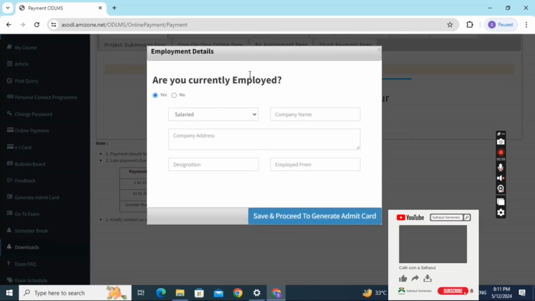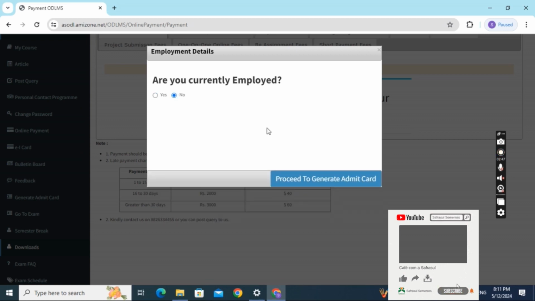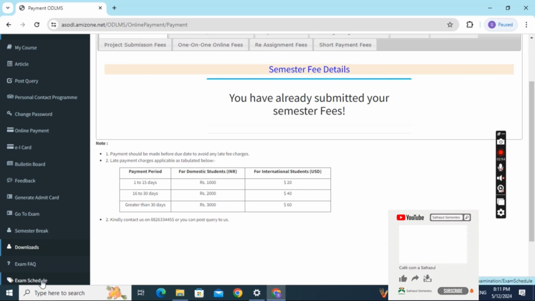And there is an employment details section, like if I want to generate my admit card or anything, I have to give whether I am currently employed or not. I am currently employed, so I will just generate my admit card by filling in all the details. Here is the exam schedule option.